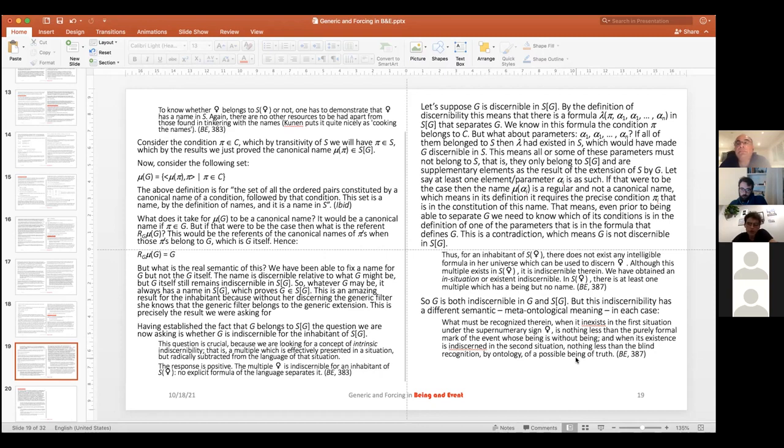Can I ask, can you clarify a bit about G being indiscernible in the extension as well? Because it was my understanding that it's indiscernible from the previous standpoint, right? It's indiscernible in S. Yes, so it is indiscernible in S. Well, it is indiscernible and inexistent in S. Right? Yeah. We are building a subset of,